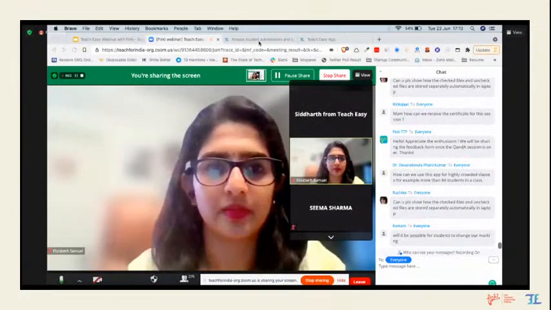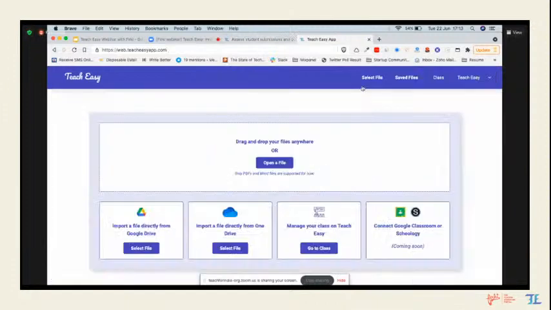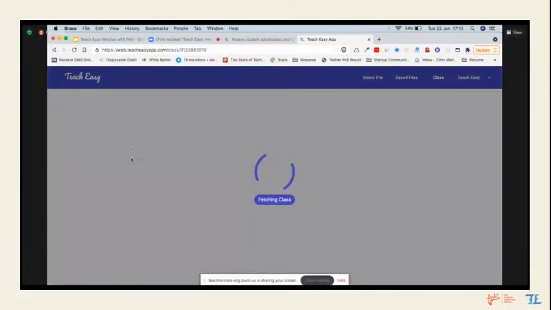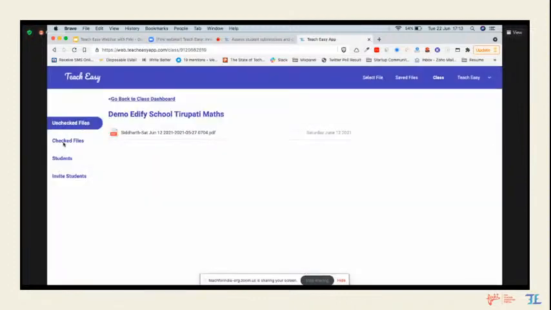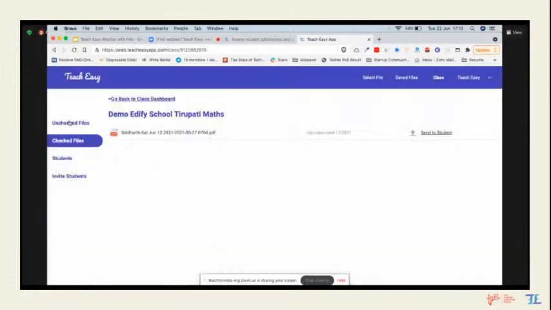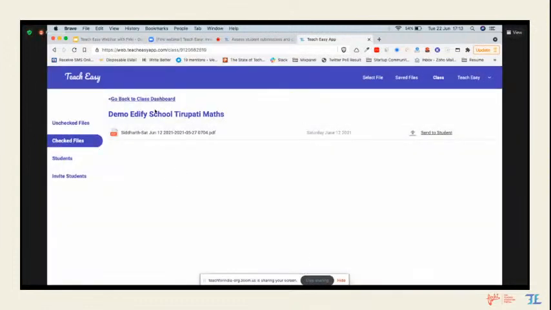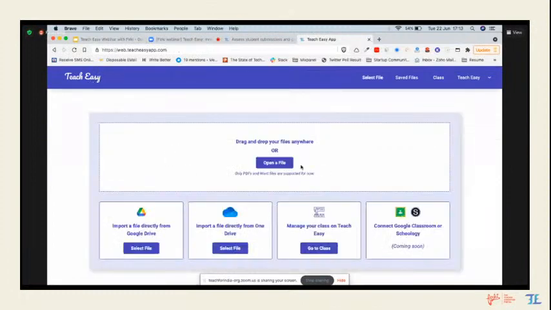Is it asked regarding the class version or the normal device version? So in class, basically there is this option where, whenever you complete checking of the files, they directly move to the checked files option. See, the unchecked files tab is here, the checked files tab is here. Right now, in class, this is basically divided well. If teachers are asking about